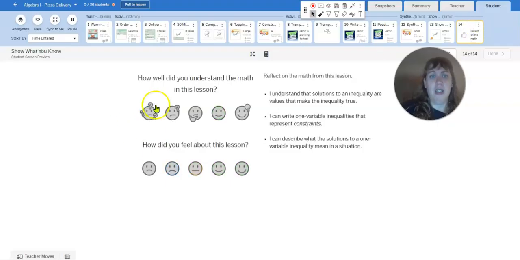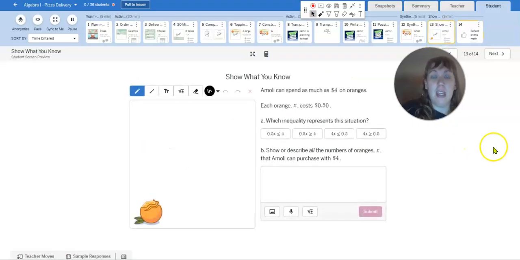And slide 14, when you're ready, is here, checking in on how you understood the lesson. If you need any support or need any help with working through writing these inequalities, please remember you can always